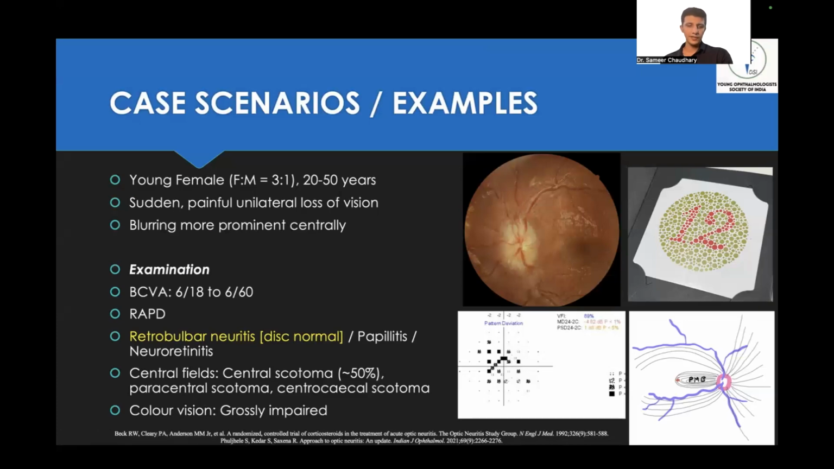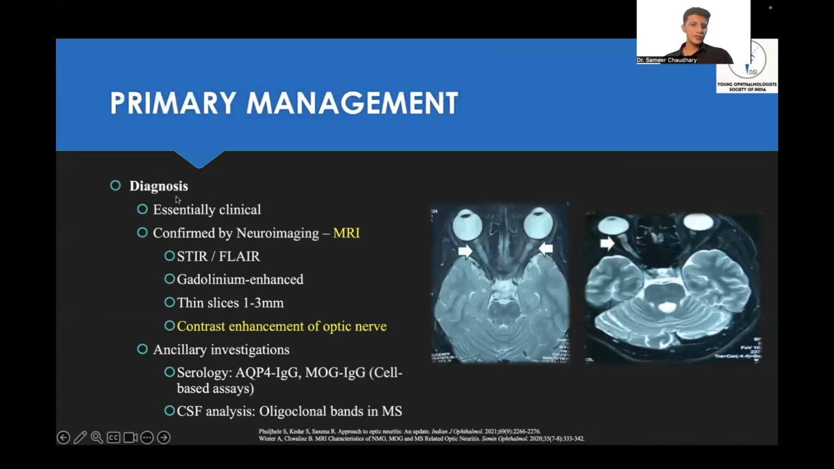So the diagnosis is essentially clinical and is confirmed by neuroimaging, and MRI remains the neuroimaging investigation of choice. STIR and FLAIR sequences are preferred as they delineate the lesions much better. Gadolinium enhancement should be requested, and thin slices of 1 to 3 mm should be requested. Contrast enhancement of the optic nerve is highly specific and helps us differentiate it from non-inflammatory optic neuropathy